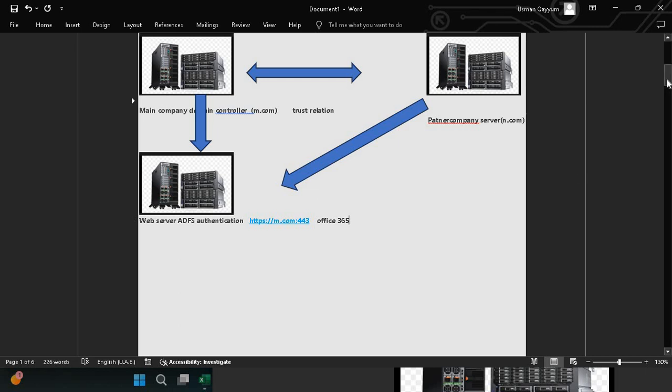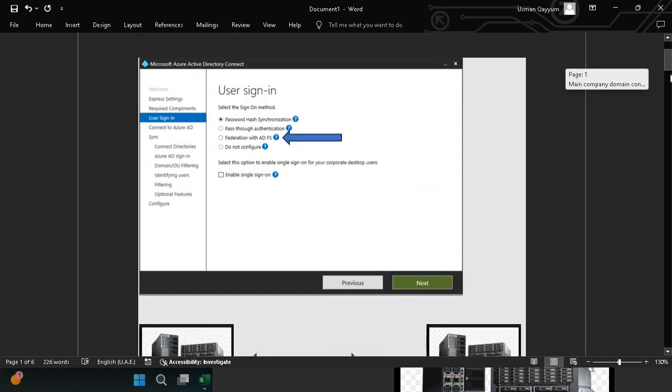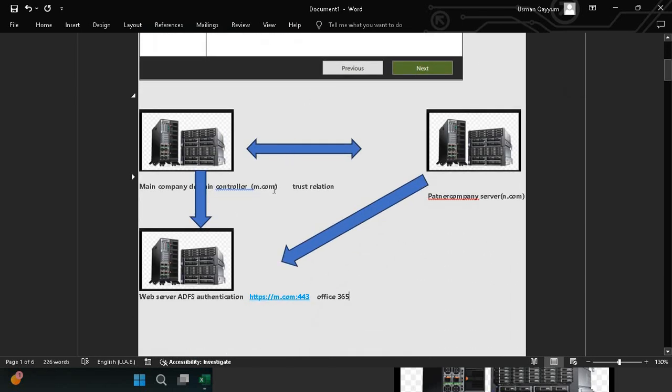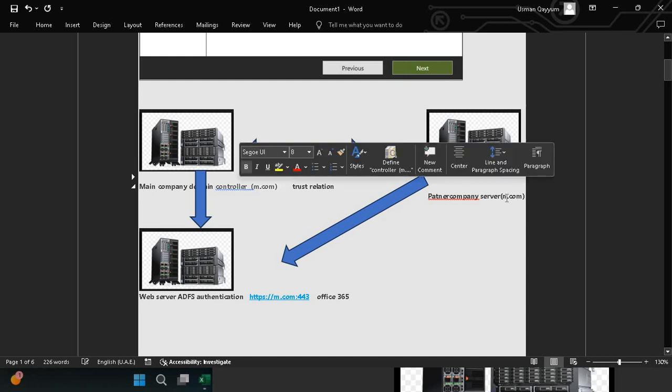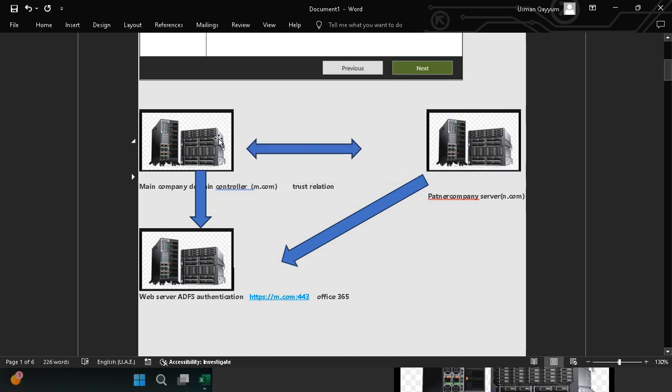So this Active Directory Federation is a little complicated. I will explain again: one company is m.com and one is our n.com. Suppose this one is our main company and this is a developer company, and they want to access our Office 365 applications, our software as a service credentials. These are two different domains, so we cannot give them access directly. So we make a trust relationship between them, and we install an Active Directory Federation server there